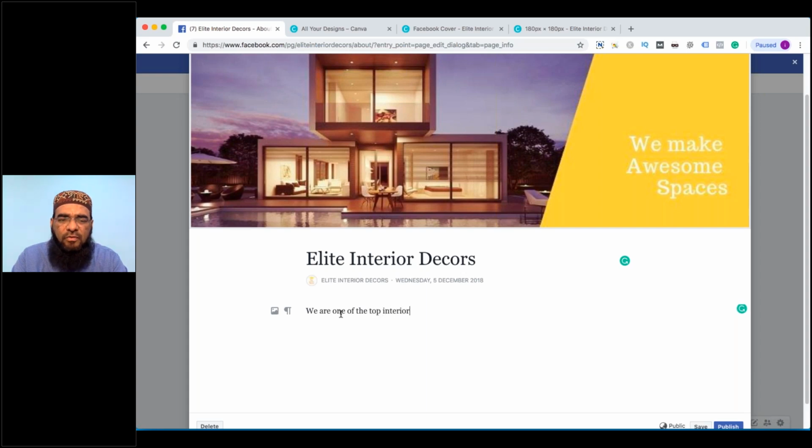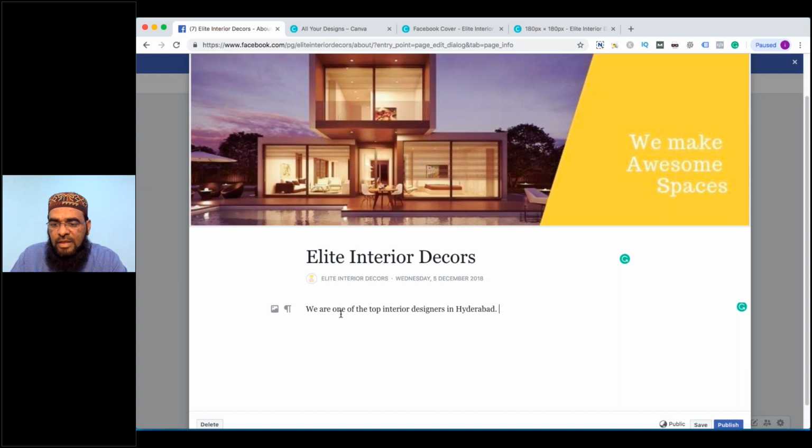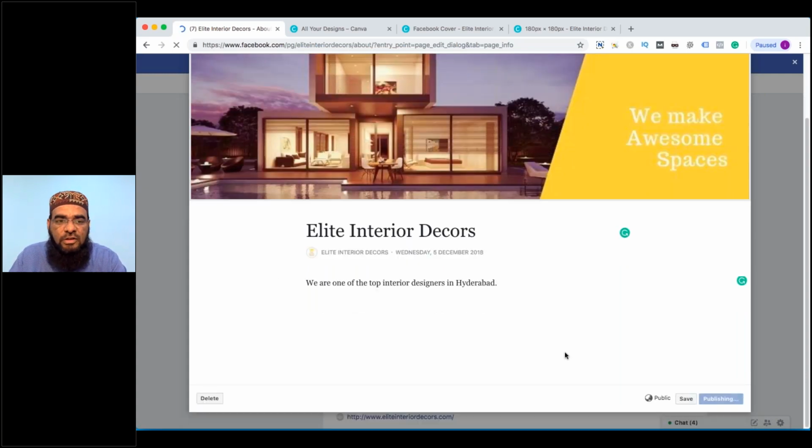Whatever the profile is, you have to write more content over there and publish, so that it appears on the right side of the page. Done.